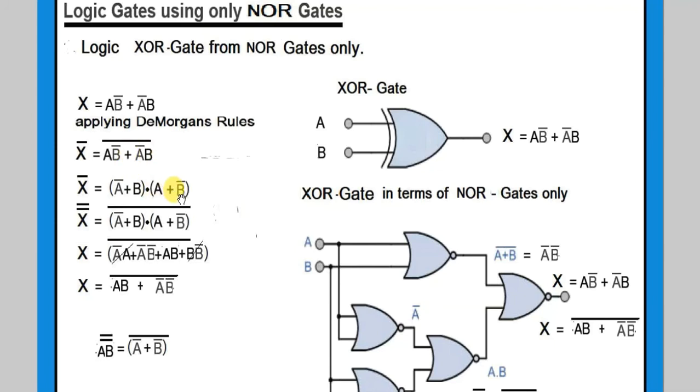Then we take one more complement on the last one, and multiply these two. What we get is that the A complement is cancelled out, B complement is cancelled out. We are left with AB plus A complement B complement, whole complement. So this is the final expression which will be used. Here that terminology is used to get the A complement plus B complement, or the whole complement. But now this is the final expression.